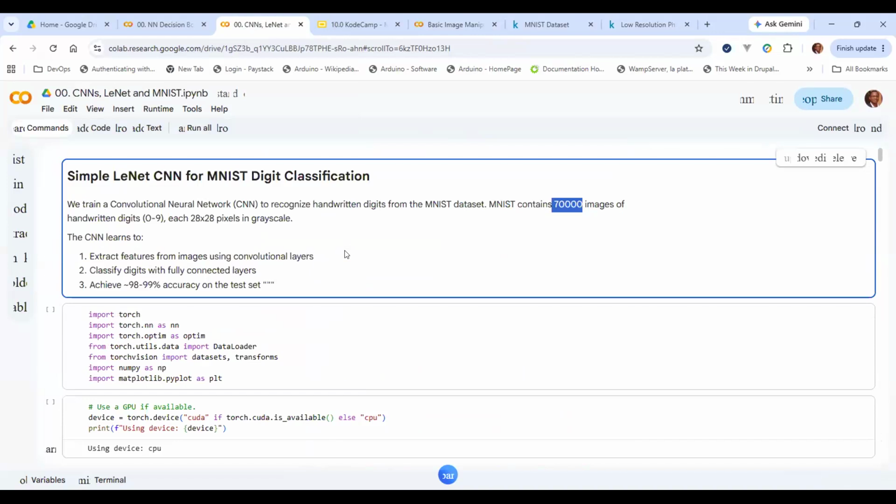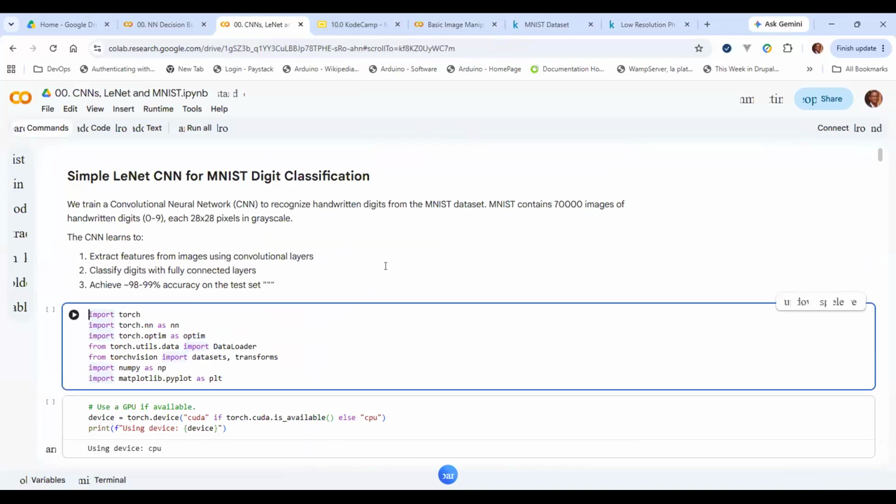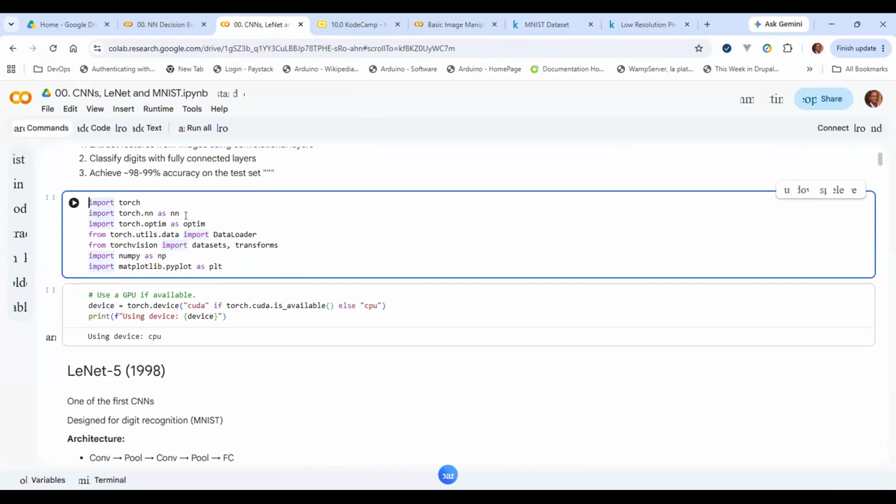So anyway, that's the MNIST data set. We start with that. We import all of our stuff. Remember, we need torch.nn so that we can build a neural network. What is the CNN, the convolutional neural network? We are going to use a LeNet. Remember, a LeNet is just a convolution layer, a max pooling layer, and then another convolution layer, and then we have the final fully connected layer. If you remember where we talked about LeNet,